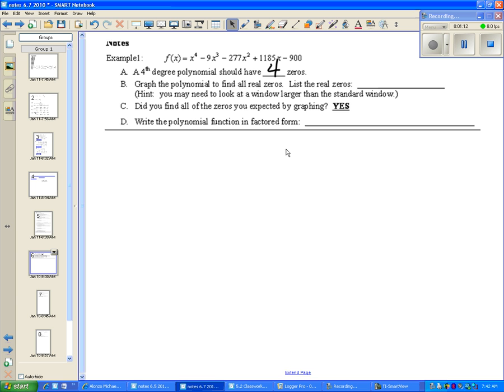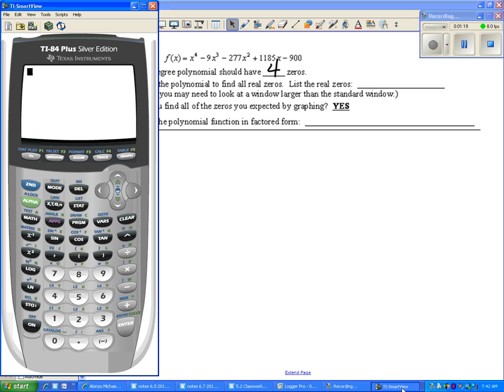How am I going to find these zeros? Well, first I'm going to try to find them using my handy-dandy little calculator. So graph the polynomial to find all the real zeros. So I go to my calculator. I'm going to go to y equals. I'm going to plug in x to the fourth minus 9x to the third. Yes, I could use the cube button. Minus 277x squared plus